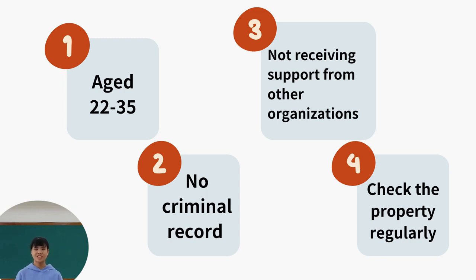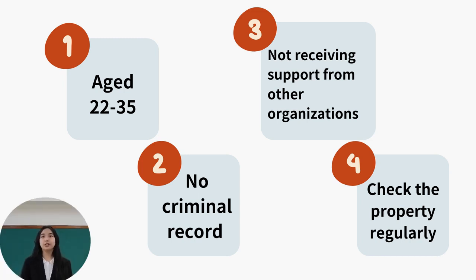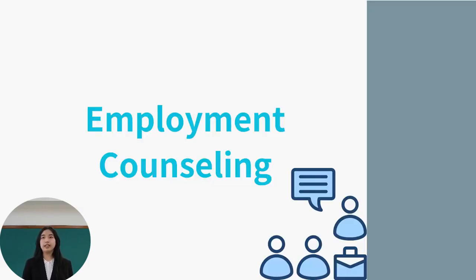Next, we're going to introduce our funding plan. Our plan will be divided into two parts: housing support and employment counseling. First, regarding housing support, if you use the minimum rent in Newcastle as a reference, you can rent a house that can accommodate 3 people for about £425 per month. Utility costs are around £70 per month for a house, with water costs being £20 and electricity £50.